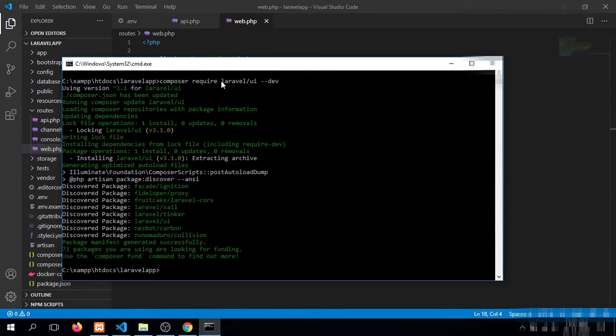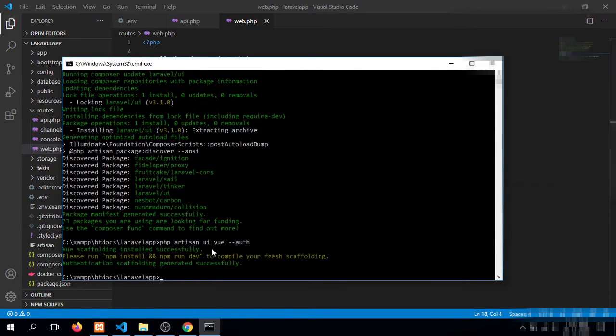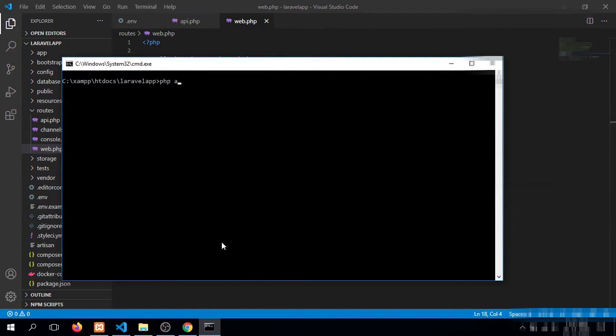After that, here I am installing the Vue template. If you want to add a React template for your authentication, you can just pass React in place of Vue. Now the next step, we will add PHP.